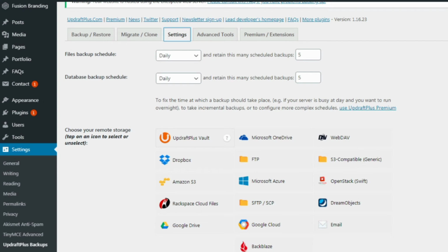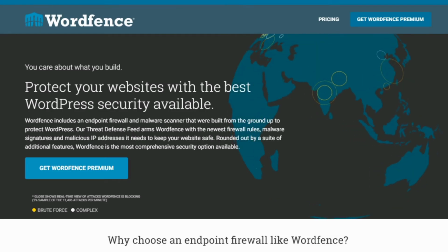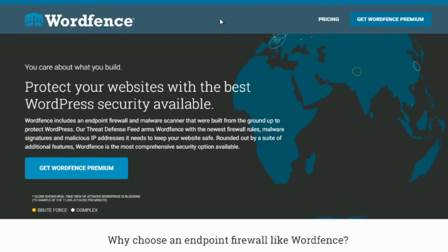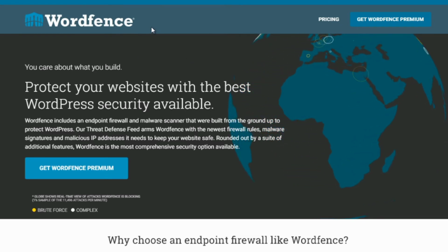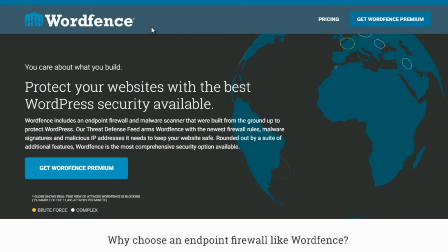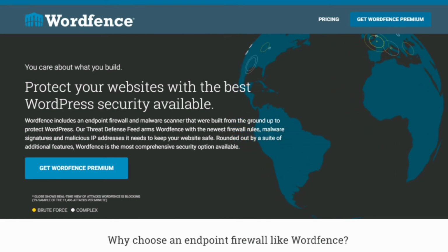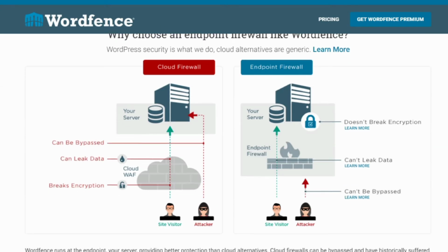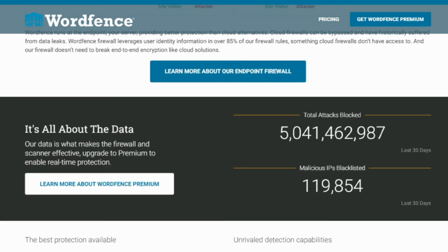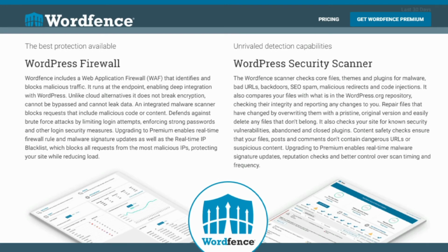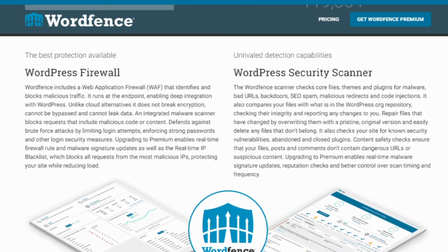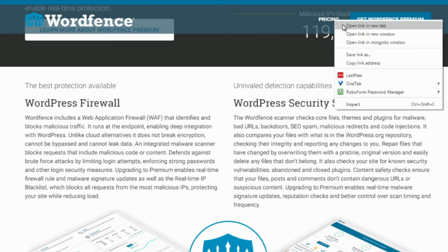Now in terms of security automation, because you really don't have time to do any of that, most security plugins are automated, so you don't have to worry about that. But the one that we recommend the most is called WordFence, and that is located at wordfence.com. And you can download this. They have a premium version, and I believe they have also a free version. The free version really can only do so much, so it just makes sense to have the premium version. So if we click on pricing here,